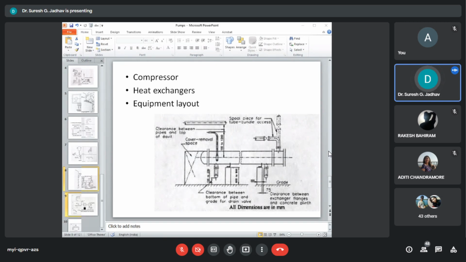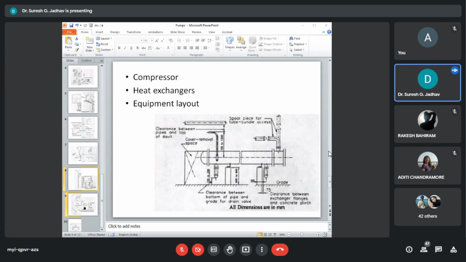Layout and piping considerations for the centrifugal compressor do not differ in concept from the arrangement of centrifugal pumps. However, pipe sizes are much larger. Why are pipe sizes much larger? Because of the large volume handled.